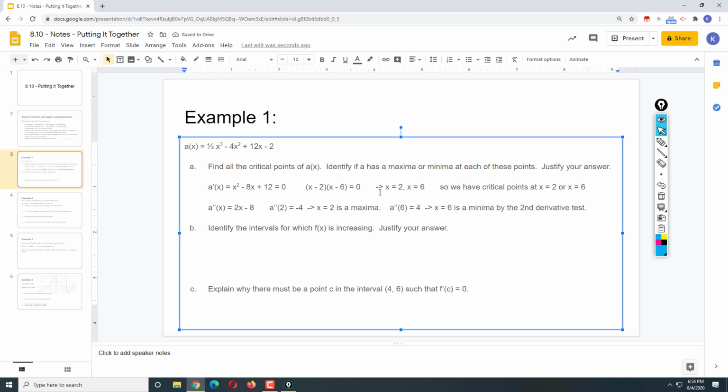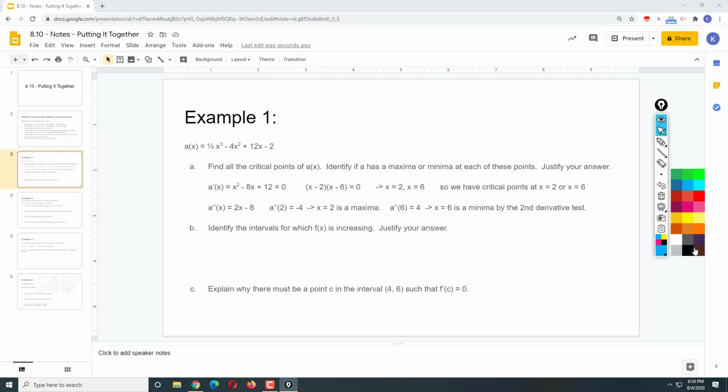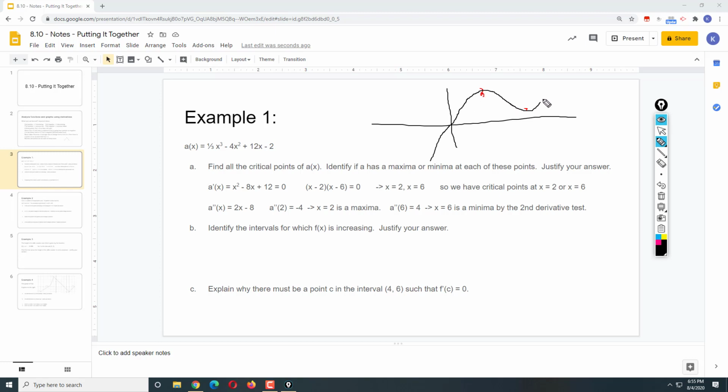B. Identify the intervals for which A of x is increasing. Okay, here it might help if we quickly sketch our graph. So here's our axes. We know that the graph has a maxima at x equals 2 and a minima at x equals 6. So that means that our graph looks like this. It's also x cubed, it's a cubic, so our graph looks like this. So from this sketch graph, it looks like A of x should be increasing